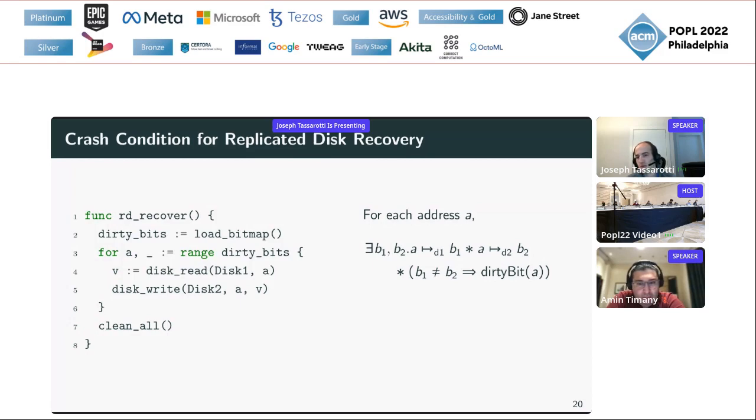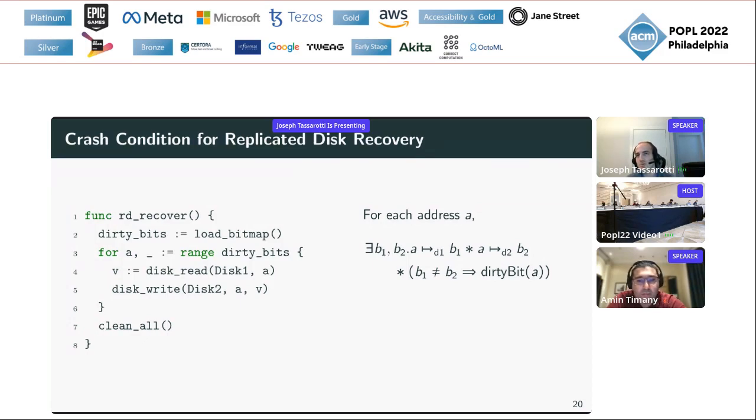And we'll stipulate that if those don't match, then it must be the case that the dirty bit for the address is marked. This is sufficient to ensure that after the recovery procedure runs, we'll get every address that could potentially be out of sync, right? Because if they don't match, it'll have to have been marked.